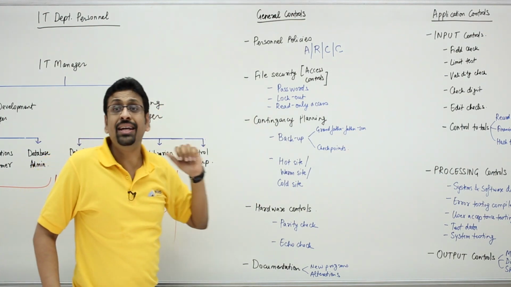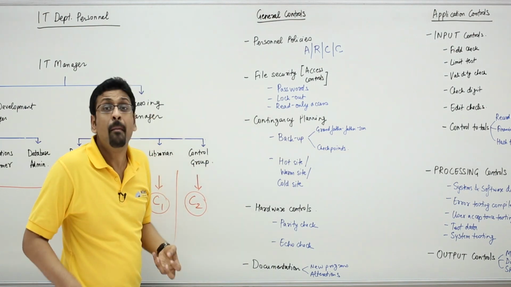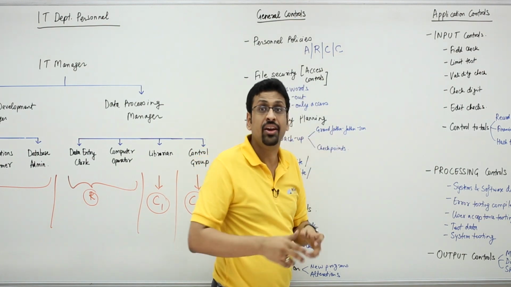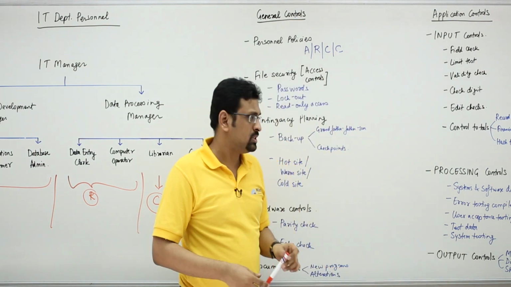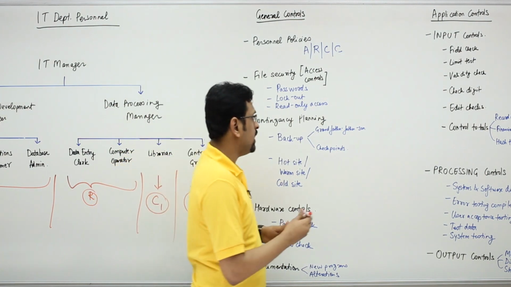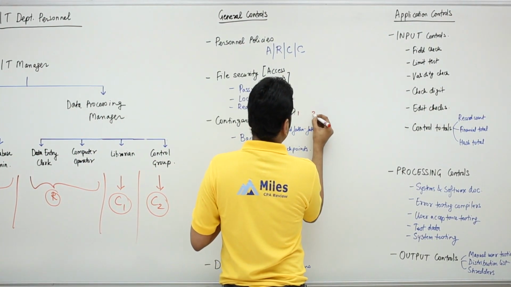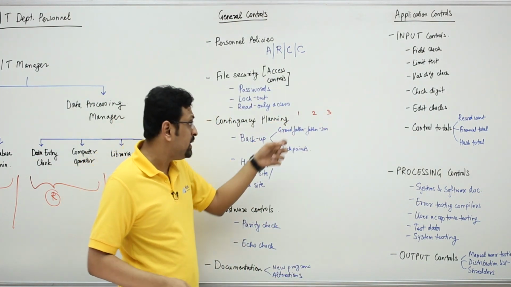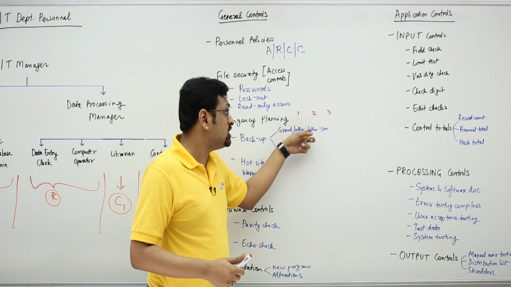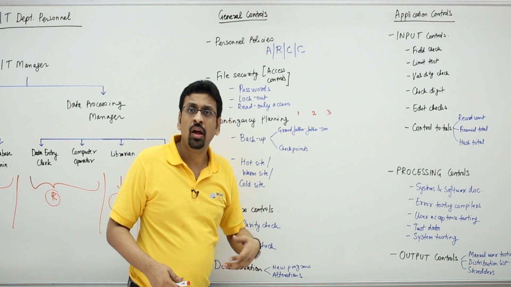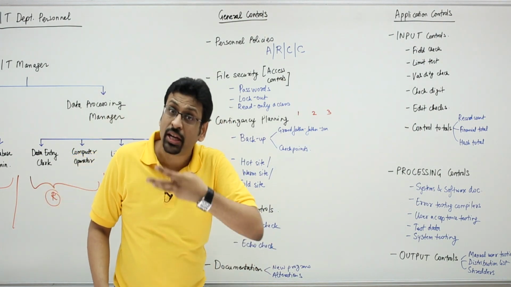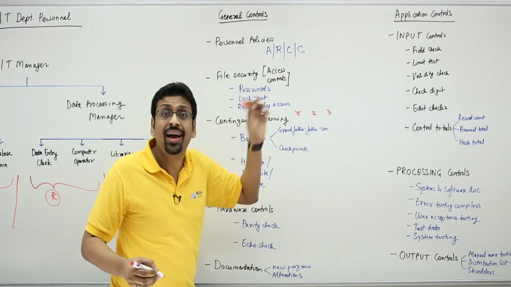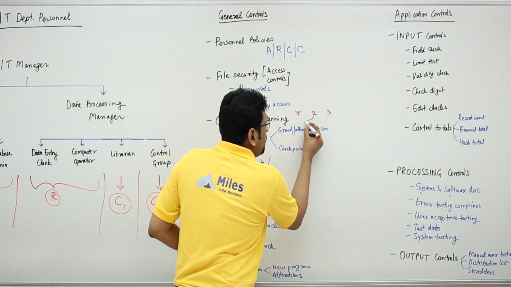Then we're looking at contingency planning. Now here you want to have backups for your data, for your information. You could go in for a grandfather, father, son retention system. Now the way that works is, let us say we're looking at 3 periods, period 1, period 2 and period 3. So we have had backups for all these 3 periods, where period 1 becomes the grandfather, period 2 is the father, period 3 is the son. Now when you want to have backup for period 4, you let the grandfather die. That means period 1 data is deleted. Period 2 data becomes the grandfather.